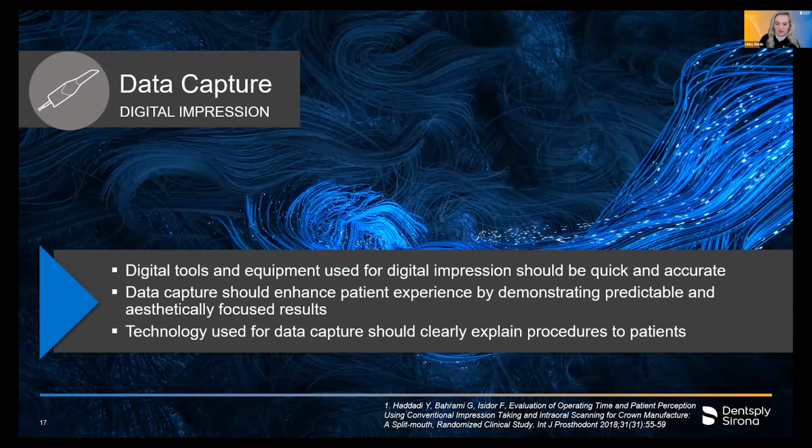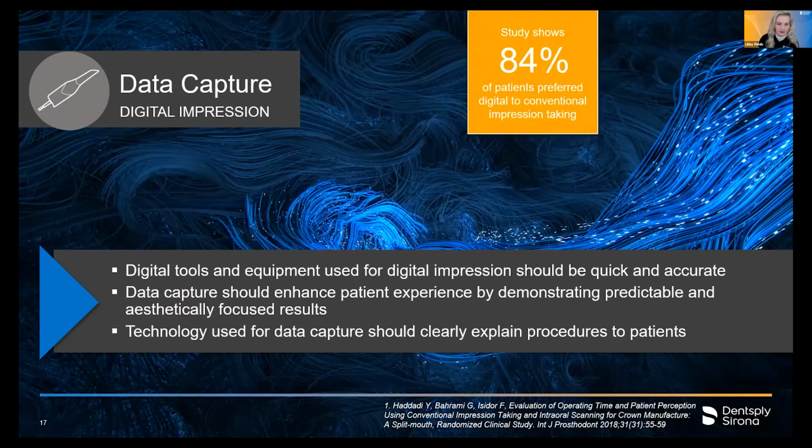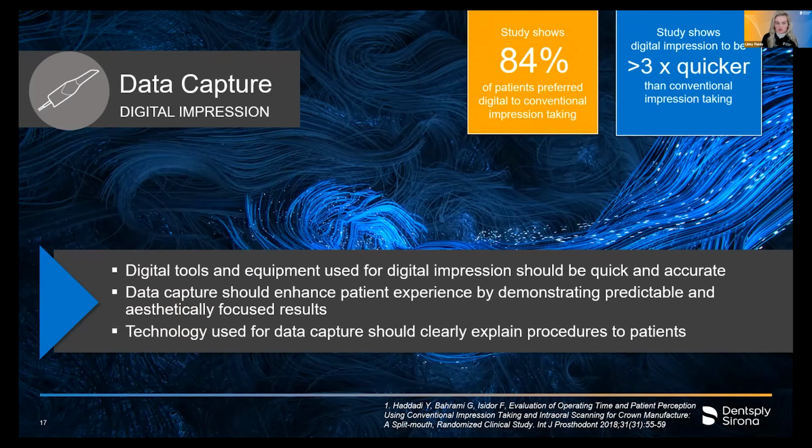Your scanner of choice should be quick and highly accurate. Your scanner should be a tool to enhance patient experience. There's nothing more impactful than showing your patient their teeth on a huge screen blown up, whether it is for orthodontics or they simply just need a filling replaced. Using digital impressions